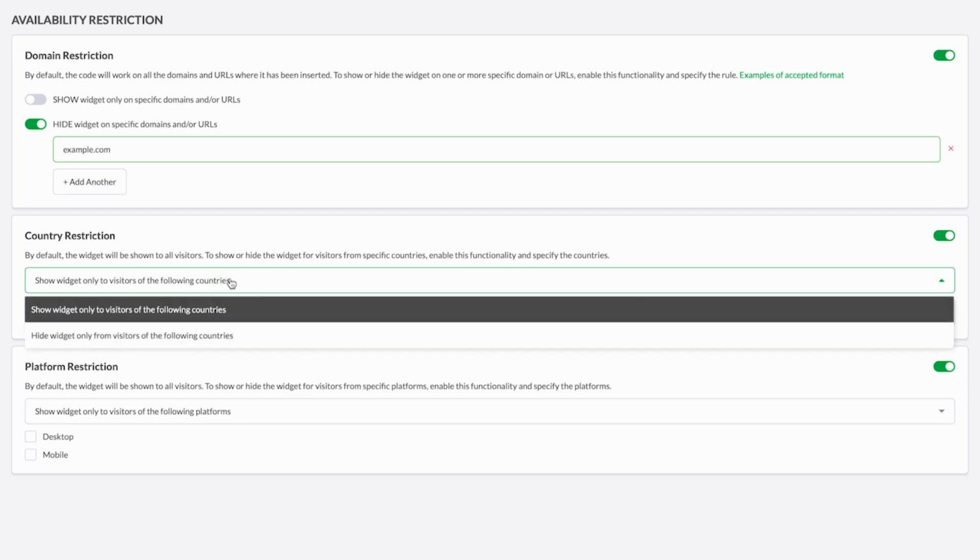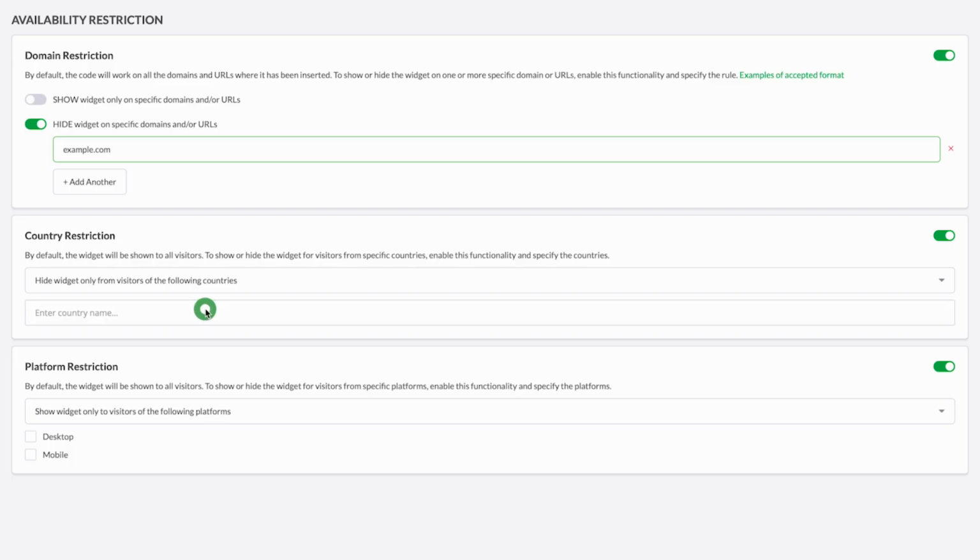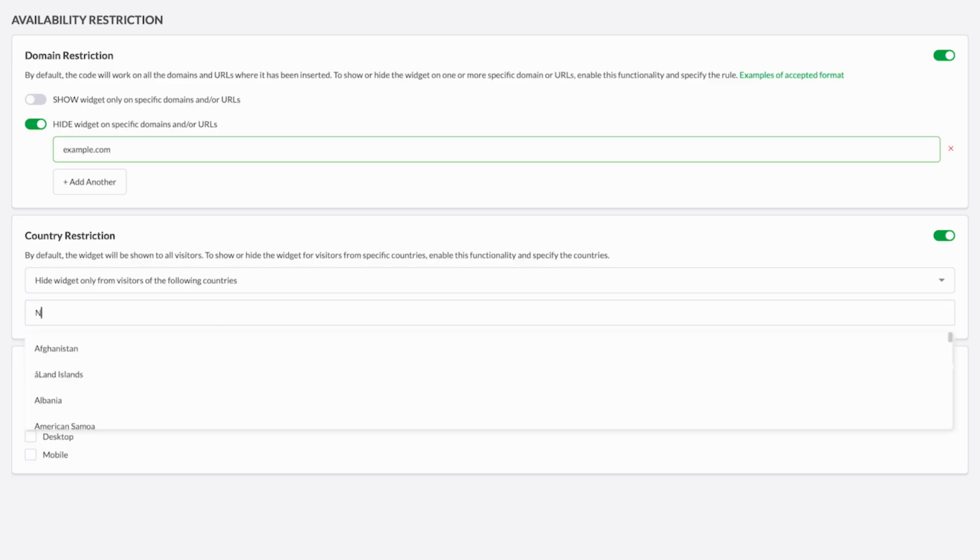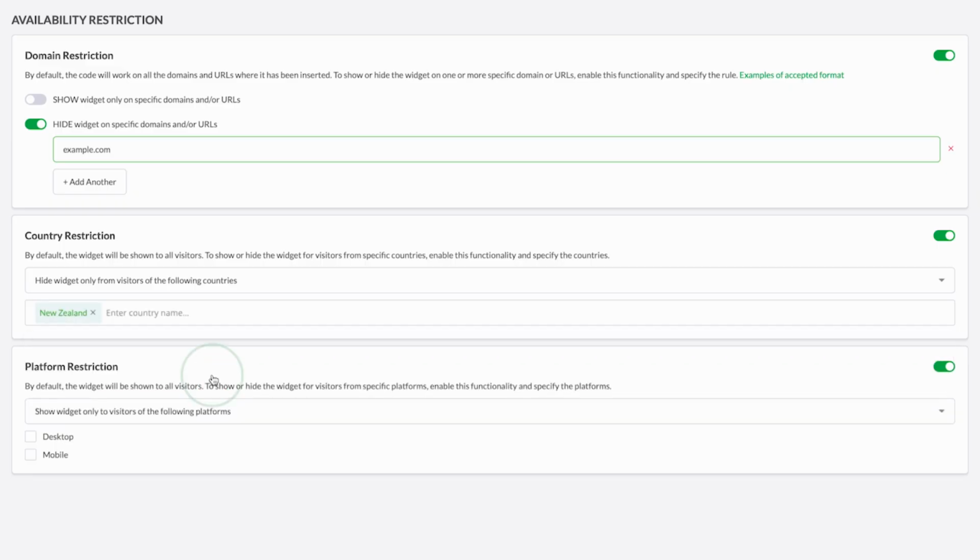Country restrictions allow you to show or hide the widget depending on the visitor's location. Simply search for and select the countries you want. The system relies on IP addresses, so it's generally accurate, but keep in mind, VPNs or geolocation limits may sometimes